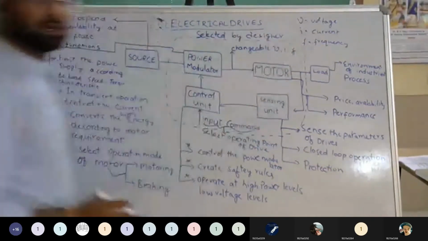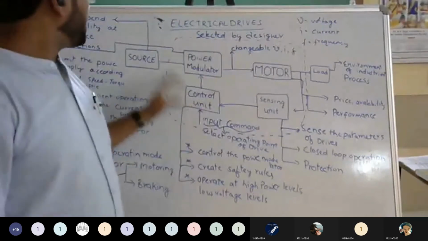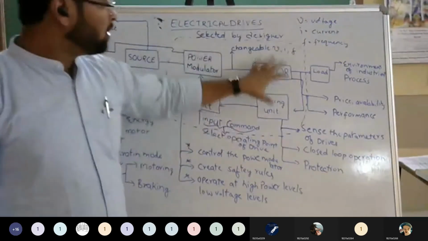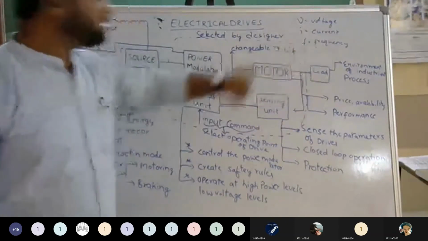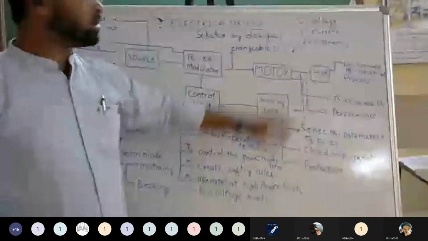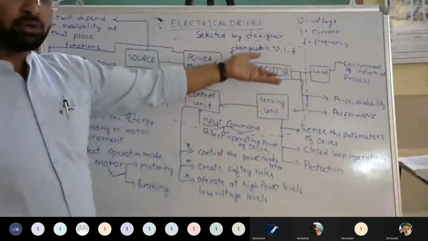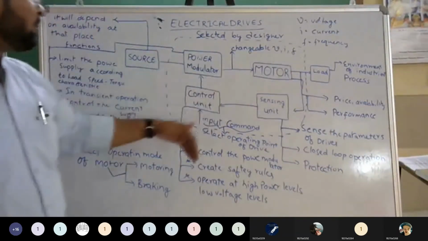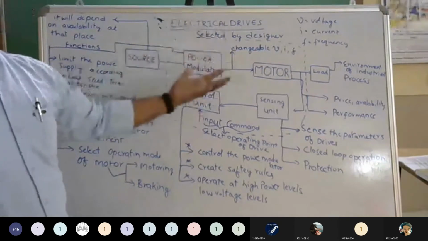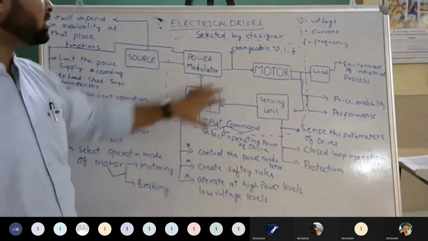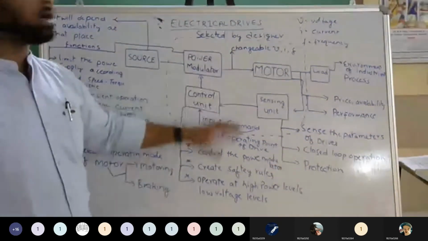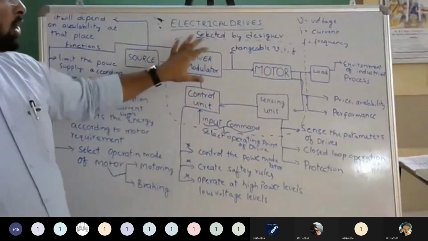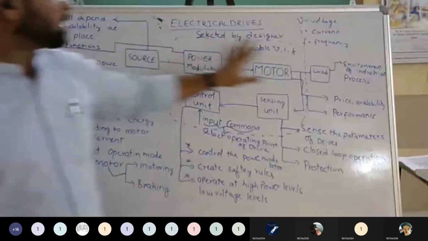That is your wish. Anything we can select. So if you want, here an AC source is there, first you will use the AC to DC, then DC to AC, whatever. Which motor you want to use, according to the load, you will take that motor. Which sensing unit you want, by using the current control algorithm you will take the current, or if you want speed, you will take the speed. And which control unit, which type of controller you want to use, that is your choice. How much input command you have to do, that is your choice. Okay, so this is the complete block diagram.